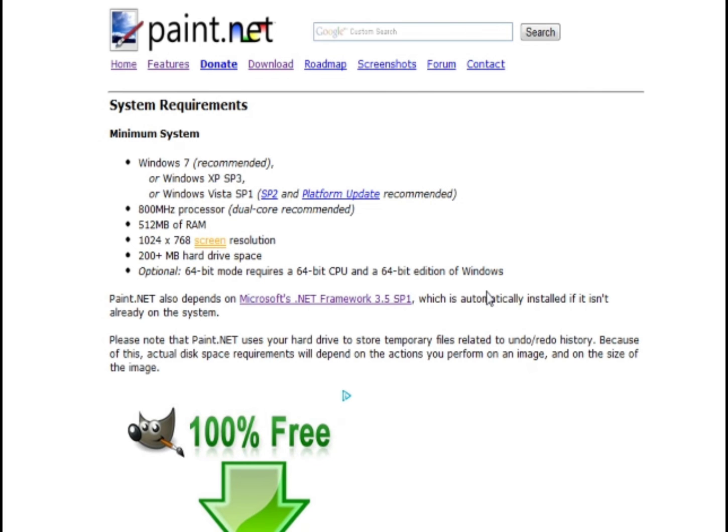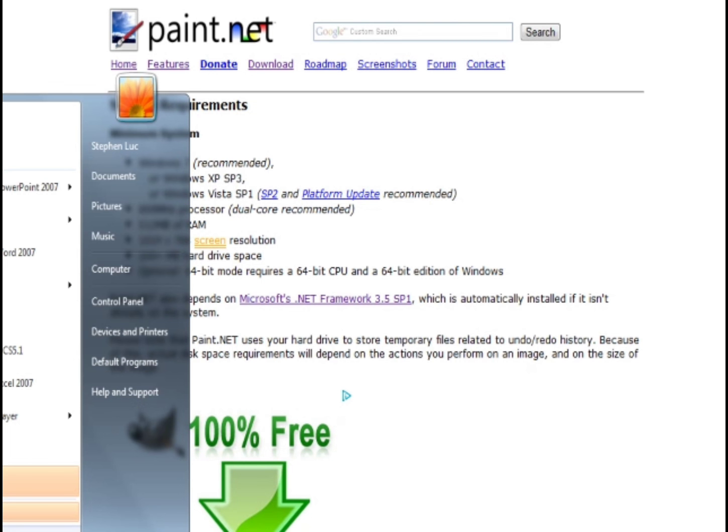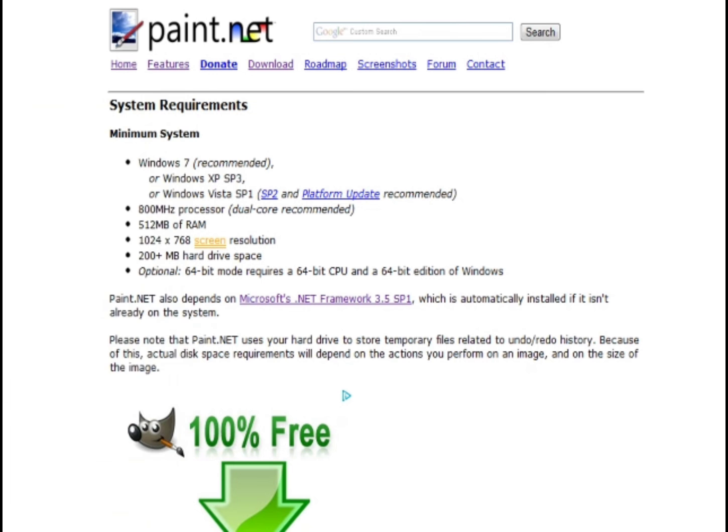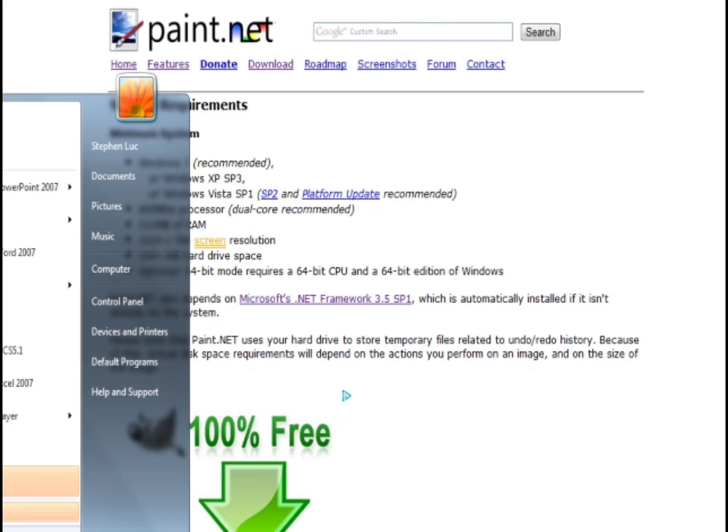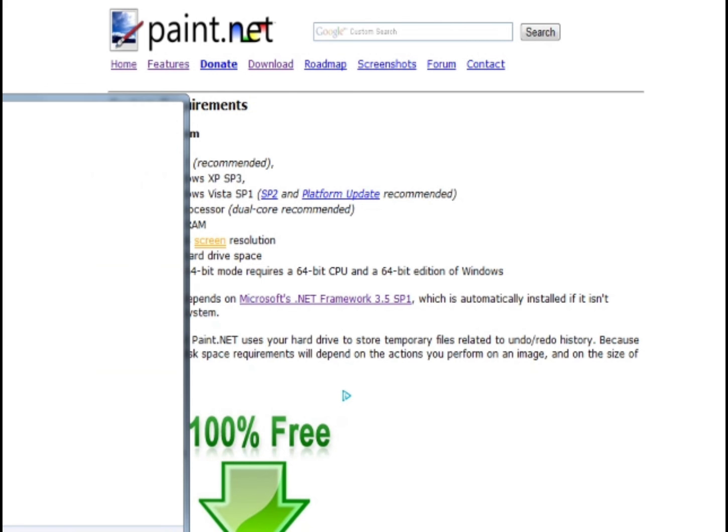Once you're done with that, and let's say that you've had success on the installation, now it's time to open Paint.net. To access it, you can either find the link or the icon on your desktop, or you can click on the start button here and then click in the search area and type Paint. If you successfully installed it, then you'll see Paint.net right here. And when you click on that,